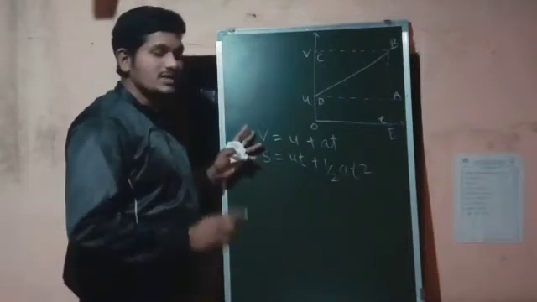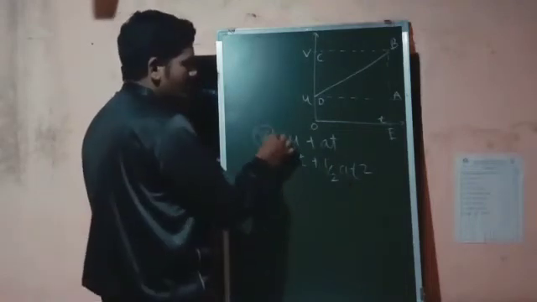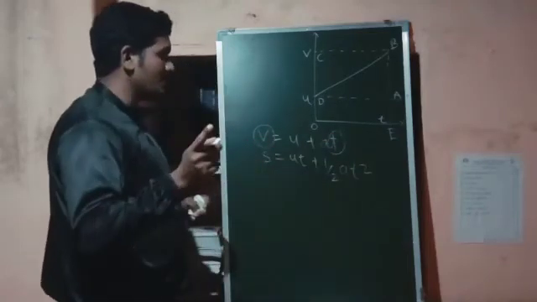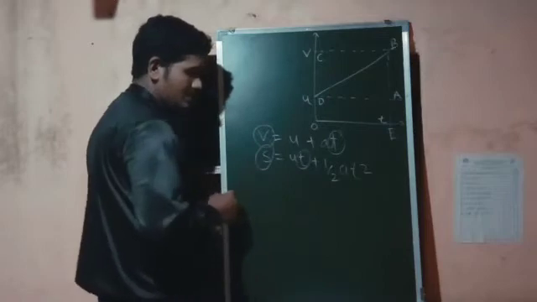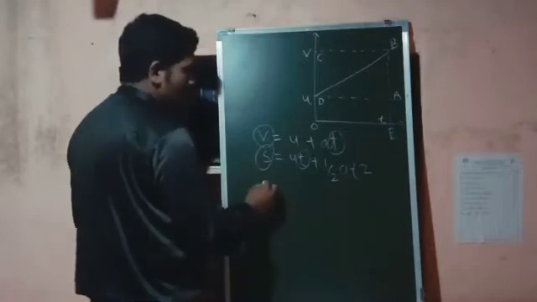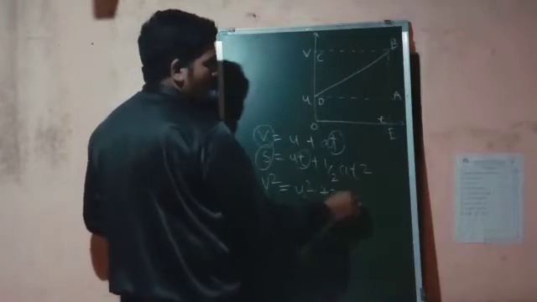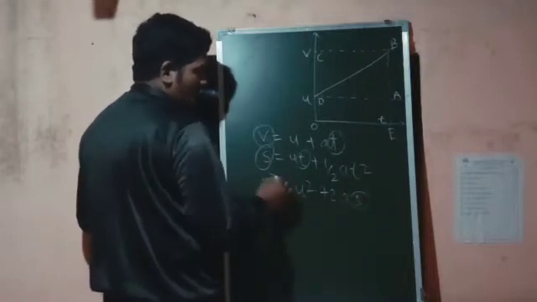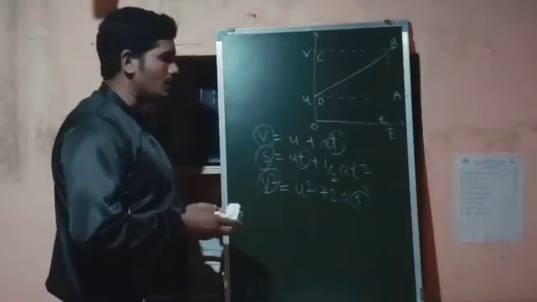The first equation is the equation describing velocity and time, as the v term and the t term are there. The second one is the equation describing displacement and time. And the last one which we are going to learn now, v square is equal to u square plus 2as, is the equation describing displacement and velocity. So we are going to see the proof of this third equation now.